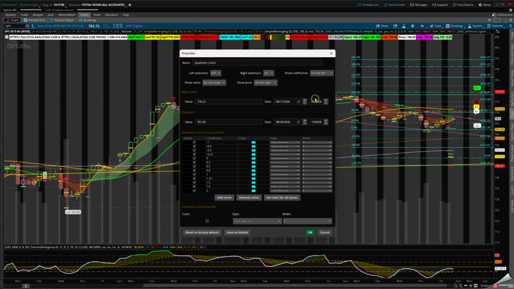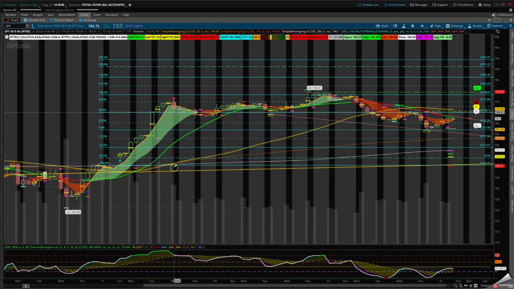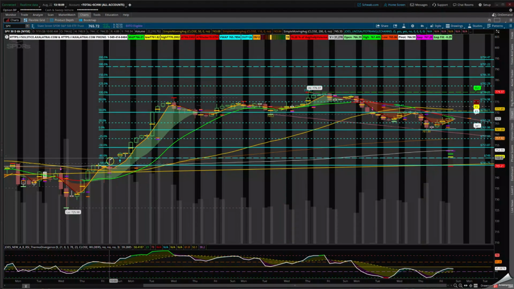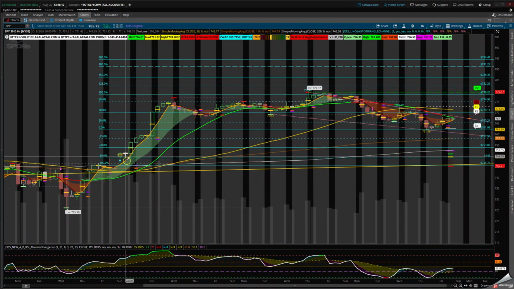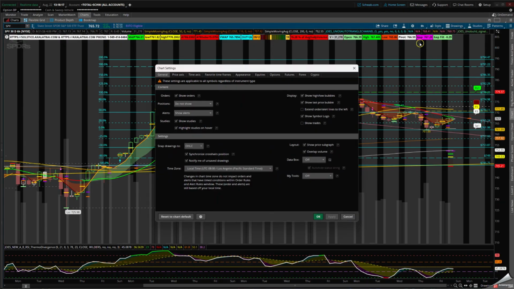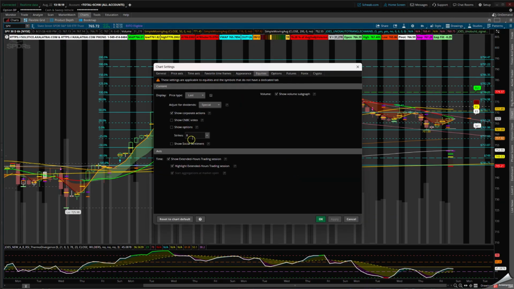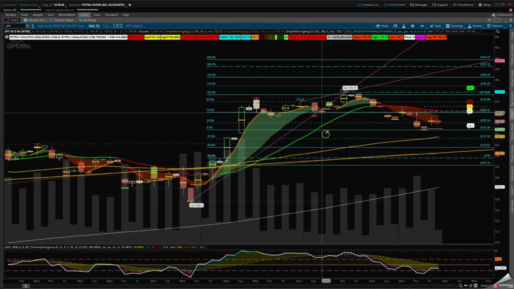Edit the property, and if I go back in history to the left on that short-term chart, you can see where those minus 100 and the minus 50, where that gap reversal island is on the charts in relationship to the overnight. If I go into the style, in the settings, and I take out, in the equities, the show extended hours, you can see where those island reversal gaps are in relationship to this one, where there's this one up here and vice versa to the left if I extend it to the left. That way you are aware of it.